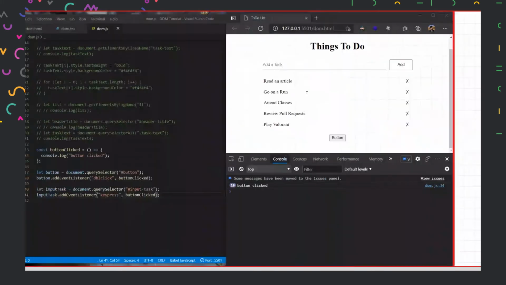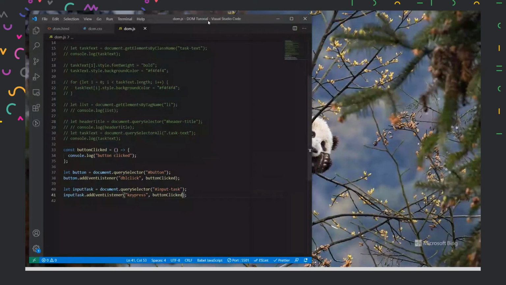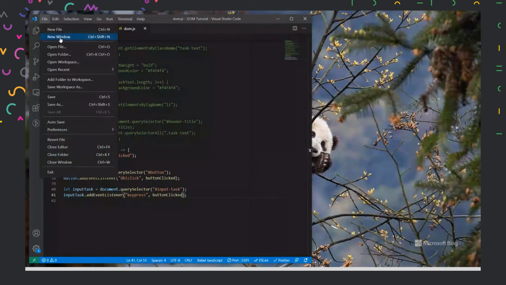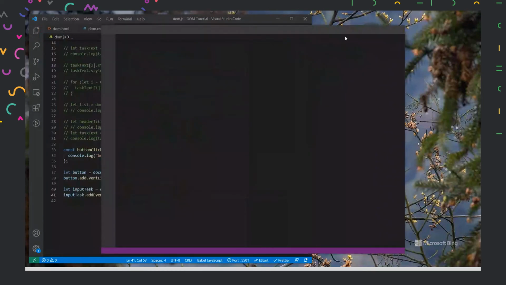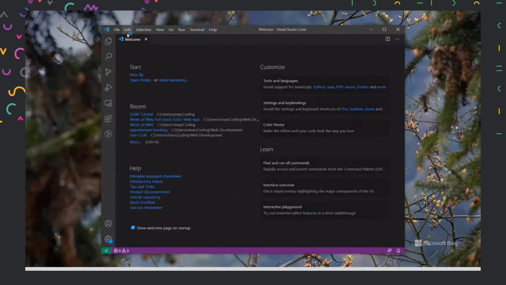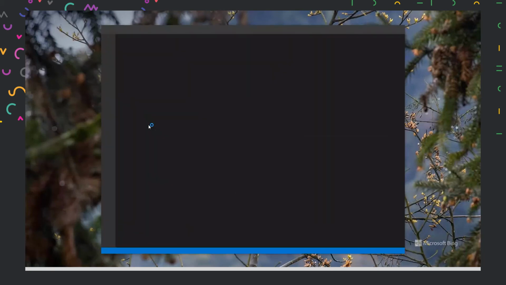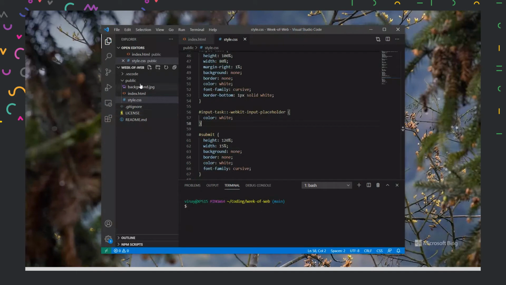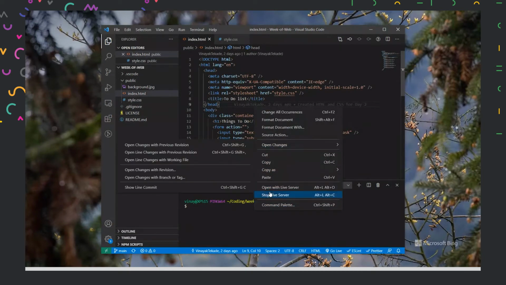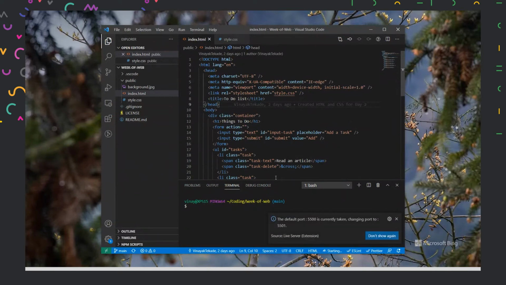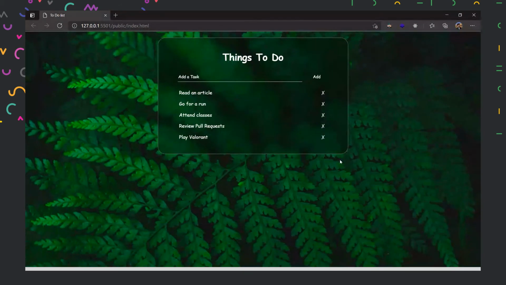So now if I head back to VS Code, I can close this and I'll open my project, which opens our repository which we created earlier. I'll click on new, and I was using the repository week of web. Here we created a public folder which had index.html and style.css. If I show you the application now, I'll open it with live server. So this was what we built earlier.